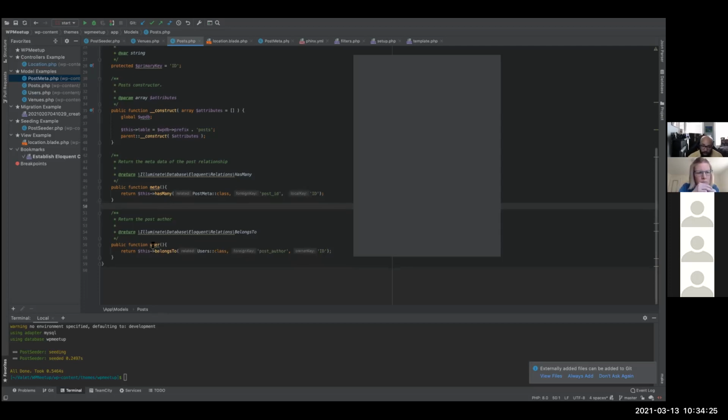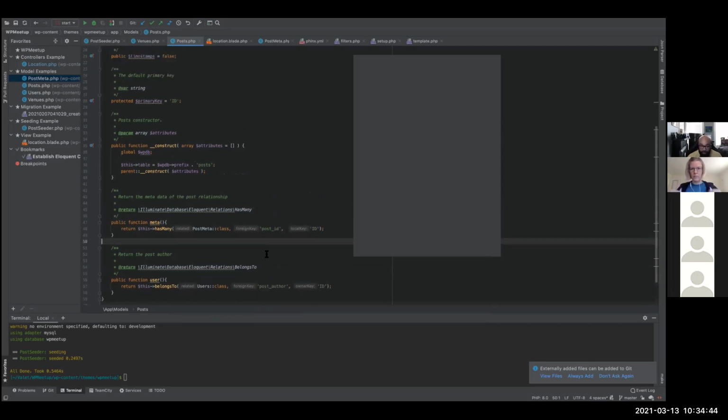The same thing with user here. Every post has a post author, which is associated by the user's ID. This will bring back the one user associated to the post or page or whatever the post type is, and then you'll always have that user's data every time.